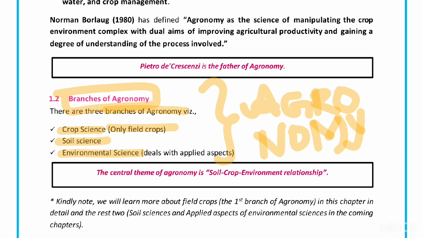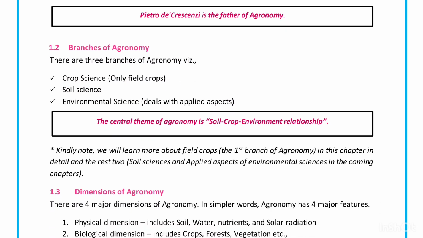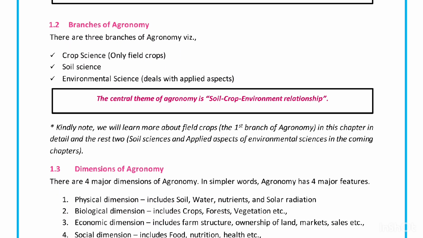Next, where are we going to sow that seed? Ultimately in the soil, right? You have to know how the soil is interacting with the seeds, and how soil is interfering with the growth and development of the plant. So for that, another branch of agronomy is soil science, where we are dealing with all the physical, chemical and biological properties of the soil. Last one, least, that is